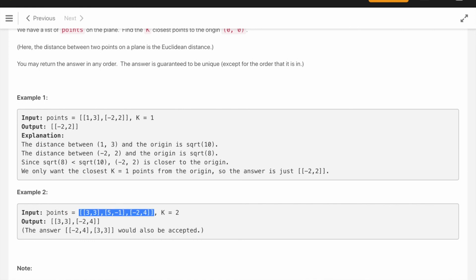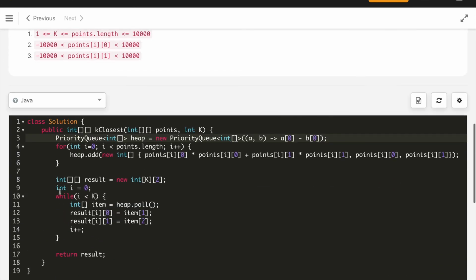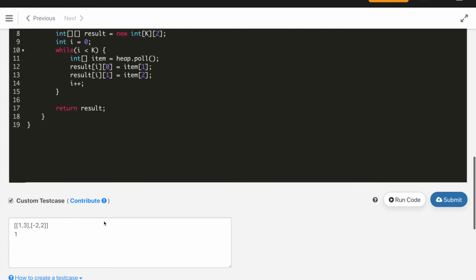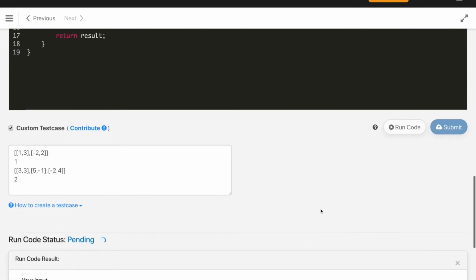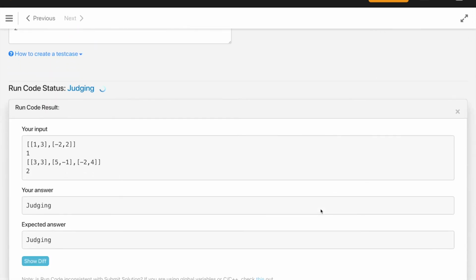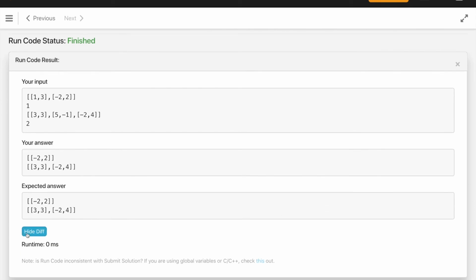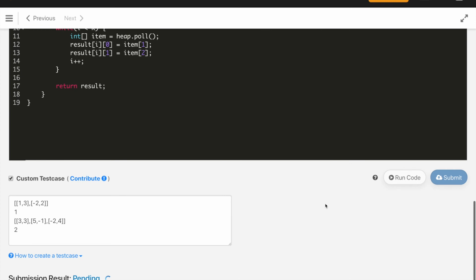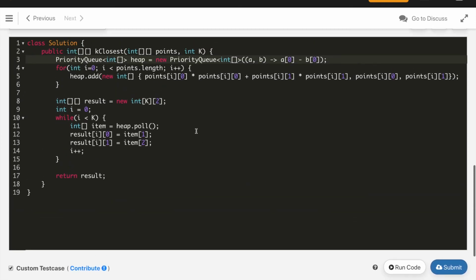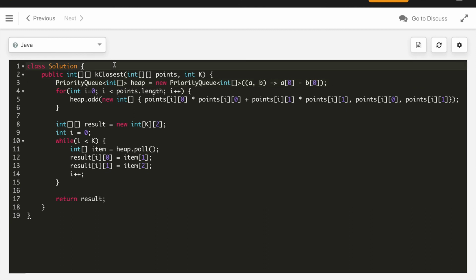So we have points and k equals 2, so a custom test here. These are the points array and we have to find 2 points. Let's run it. What is expected, we are getting. Let's submit our solution. So this is accepted. So this is one solution based on the priority queue.